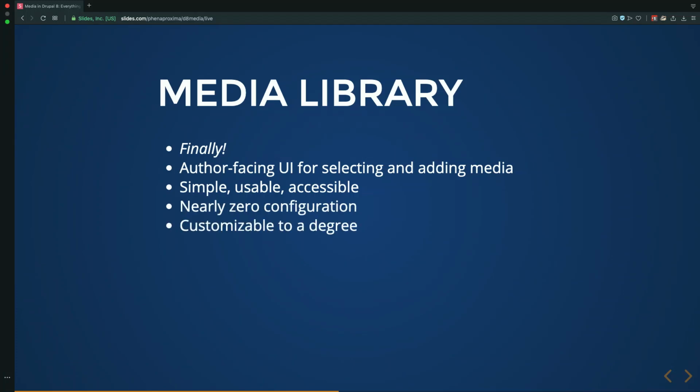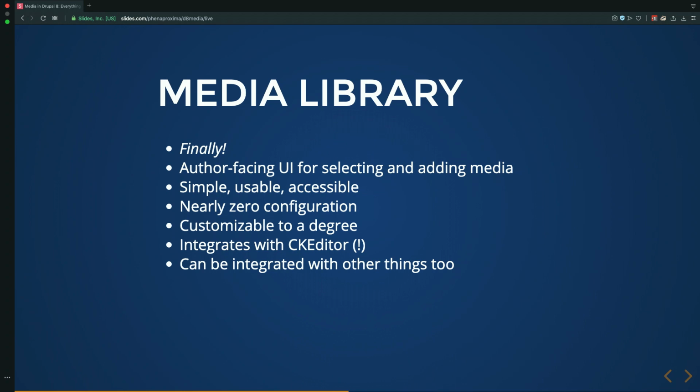It is customizable to an extent. It has strong opinions about how it should look, but it's built around a view, and that view is something that you are allowed to modify and customize to pretty much however you want to do it. And it works with CK Editor so that you can embed media, add media into a WYSIWYG. And that works pretty nicely. It can also be integrated with other things because it has a very lightweight,